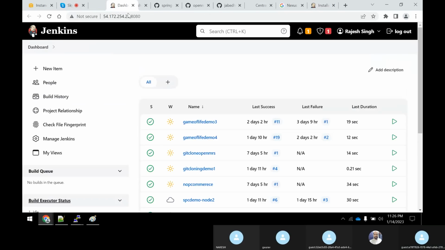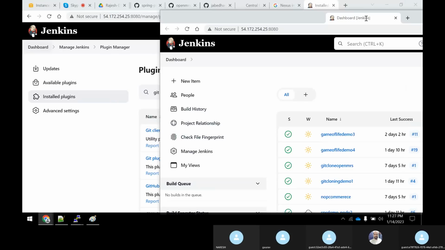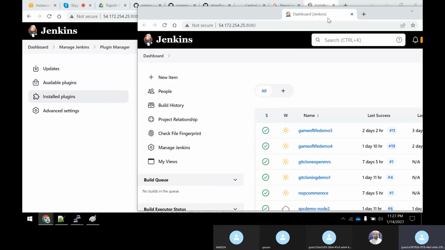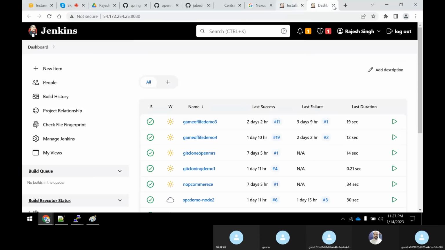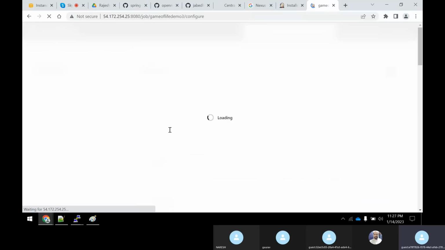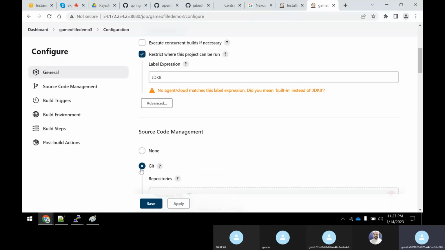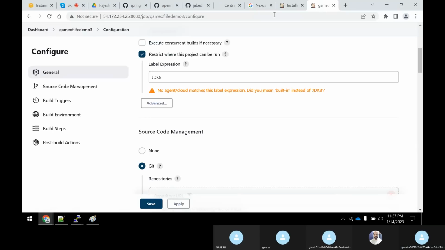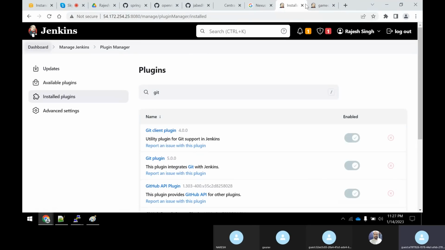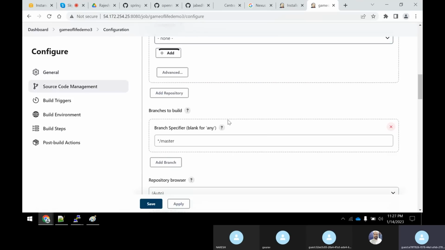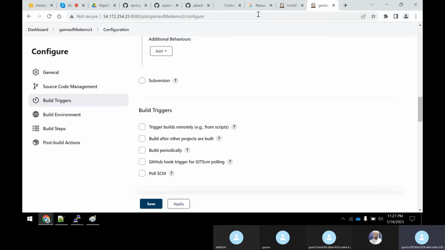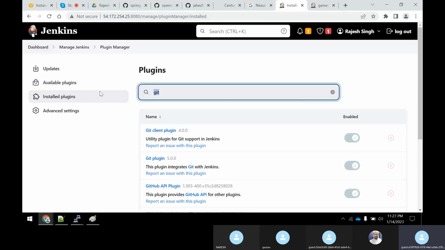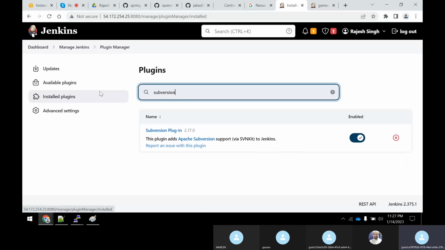So you're able to get this option. If you go here and go to configure, why are you getting this Git radio button? Because here you already have the Git plugin installed. If you uninstall it, this menu will go off. This radio button will go off, right? Now here you could see that we also have Subversion. See, Subversion is also installed actually. If you go here and type Subversion, see, the Subversion plugin is also installed, guys.